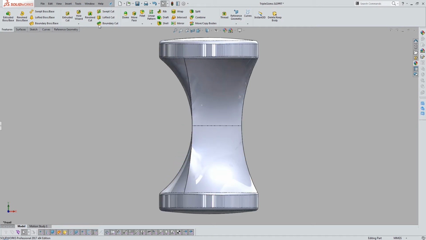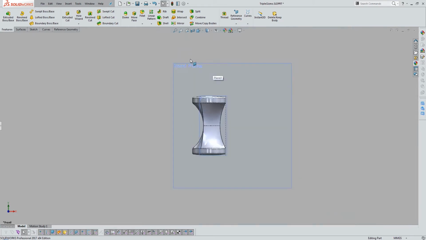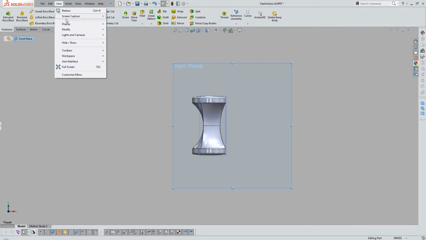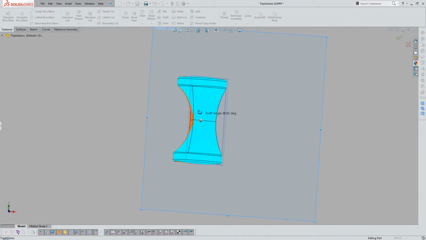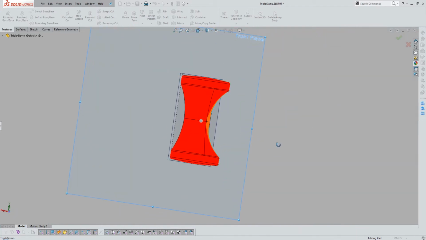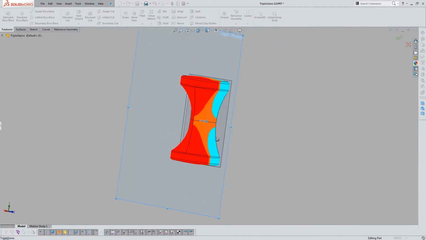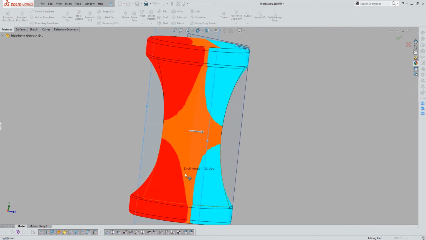I can use the SOLIDWORKS Draft Analysis tool to help me verify that. I'll select the front plane. I'll go to View, Display, again, Draft Analysis. And there you can see. So the blue stuff is all easy breezy. The red stuff would have to be done with a second tool, but now you can see there's a big swath of orange, which is to say